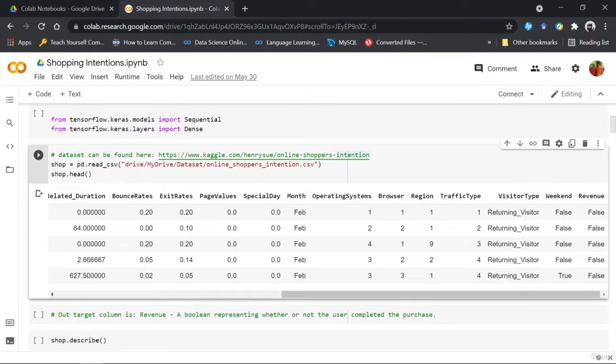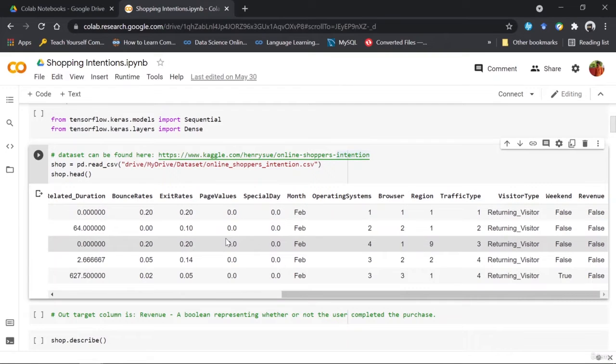Now the next I'm going to talk about is page values. This value actually intends to give you an idea of which page in your site contributes more to your site's revenue. Meaning that I talked about our goal page. If a page is actually helping a visitor to go forward to the goal page, then the page value would be high.